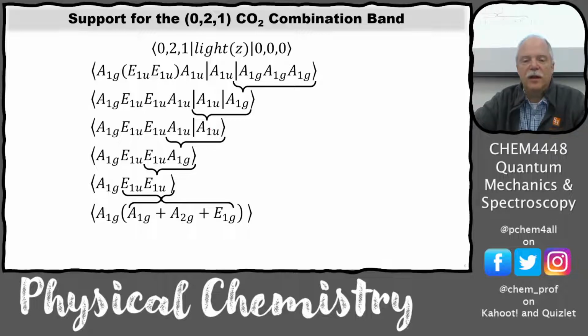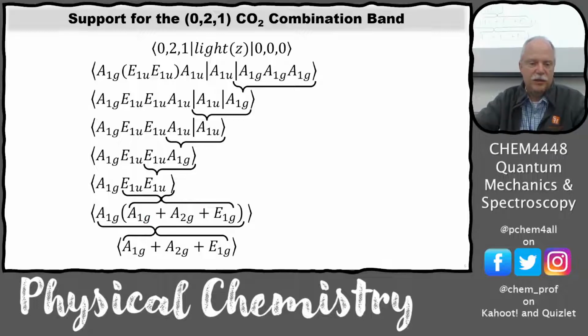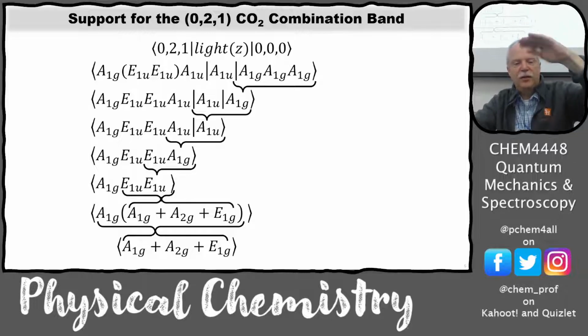So E1U times E1U actually is giving us these three. I thought I had the direct product table pop up over here. Okay. So notice how E times E gives us these three here. A1 plus A2 plus E. And then U times U is G, so we get G's on all of those. And then we have A1G times all of these three elements. So A1G times anything is going to return that thing. So we end up with this result from all of these symmetry operations,